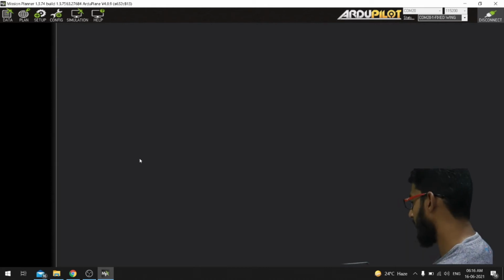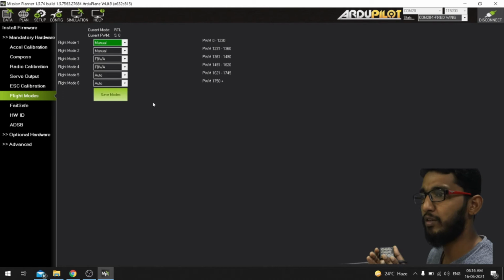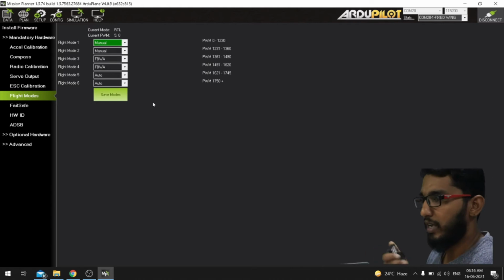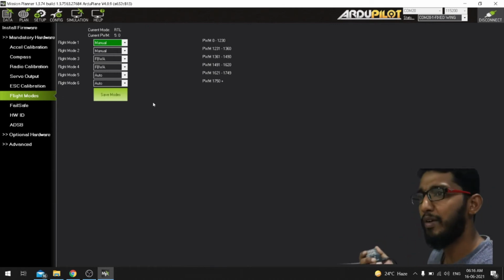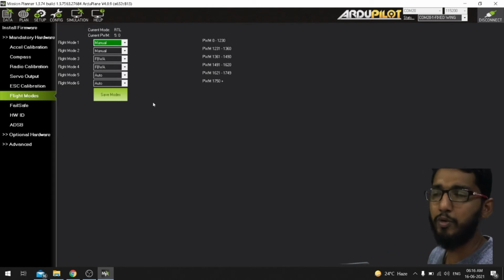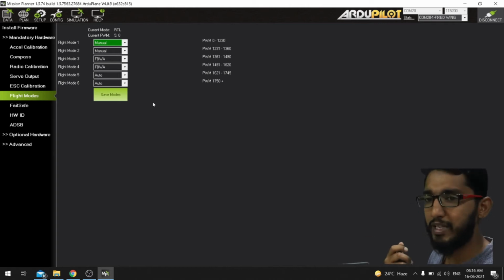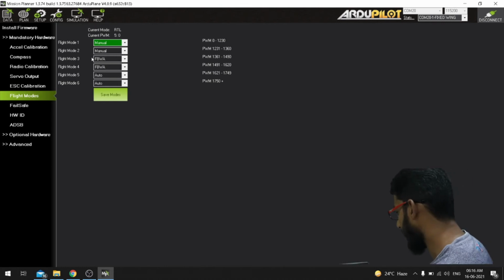Flight modes is one of the options which is very important. I always fly my UAVs or drones using three flight modes. First one would be totally manual control mode. So if anything happens to the GPS or compass, I will be overriding the controller and controlling the aircraft manually. Second one would be a stabilize mode or a position hold mode, and third one would be an auto mode that takes up all the commands given by the user to the Mission Planner, and it flies accordingly. So these are the flight modes. You can set three flight modes according to your remote transmitter and receiver switch here.